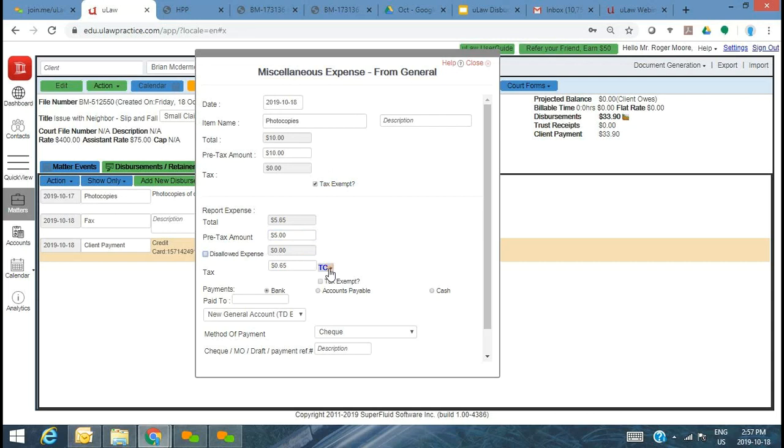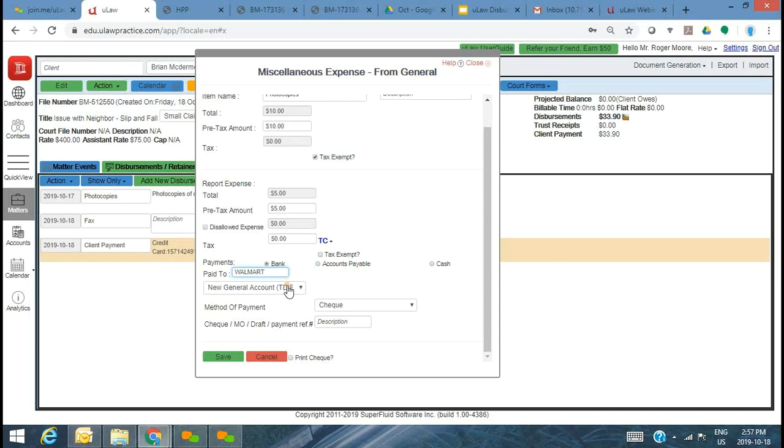Let's say you only paid $5 with no taxes. So this is an example where you are actually charging your client $10 where you only incurred $5. That makes it a $5 profit for your business, right? You only paid $5 through your office, but the top part is where you're charging your client $10, which is $5 more. Now this is a good example if you purchased any software as a bulk discount. If you use it individually for each customer, but you've actually purchased the software as a bulk discount, this would be a great example of where you would introduce a profit margin for the disbursement.